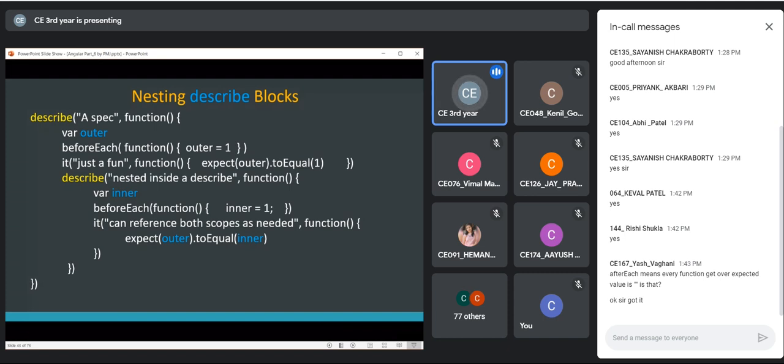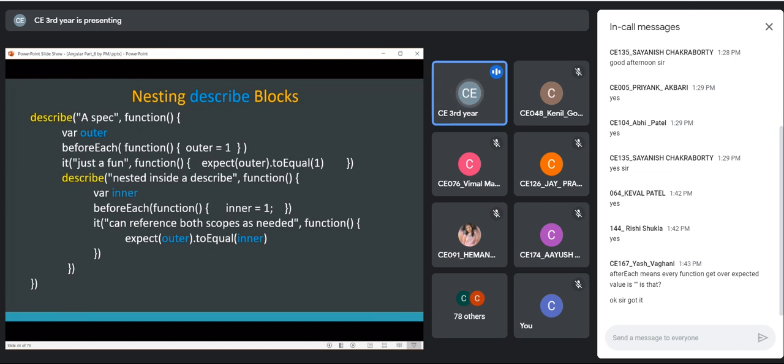But again, it will follow the scope of the variable, so any variable declared in the outer test suite is accessible within the inner test suite. But you need to take care of the side effects of the variables, because one test suite might modify the value of a variable, and it might be affected in the other test suite as well.